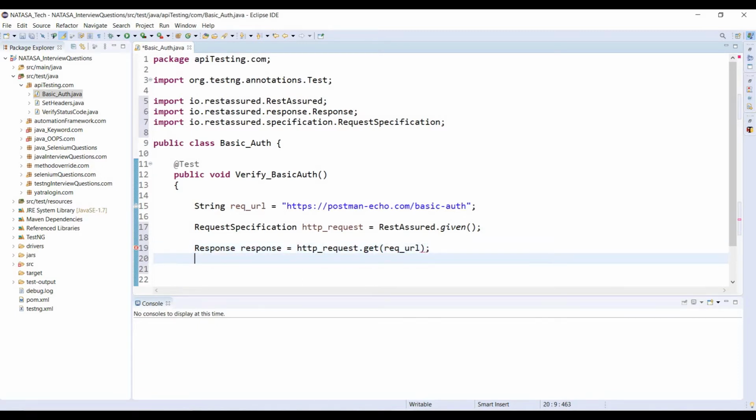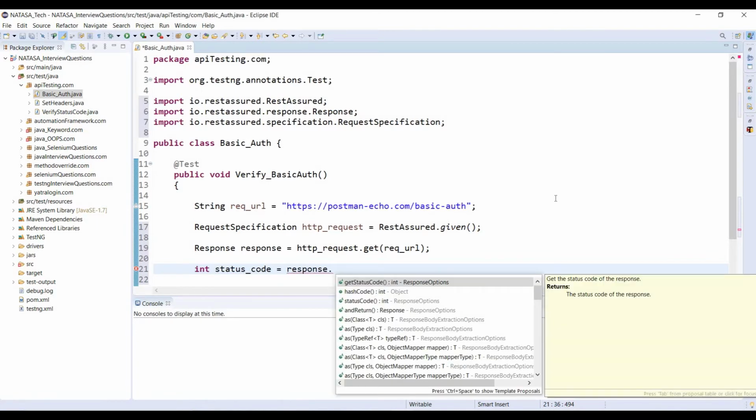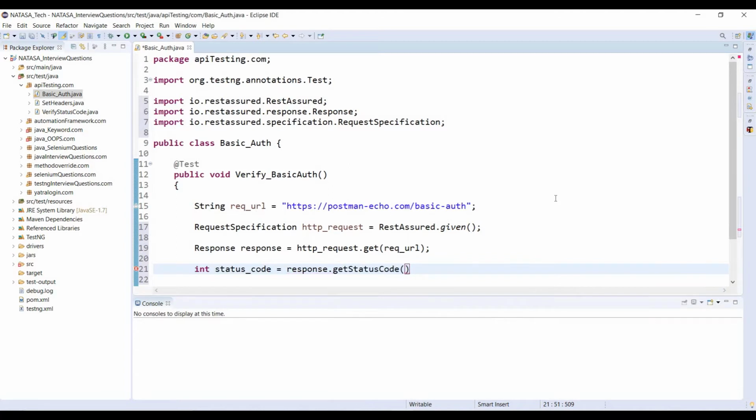Passing here int status code equal to response dot get status code. This is the method we are going to use for getting the status code.